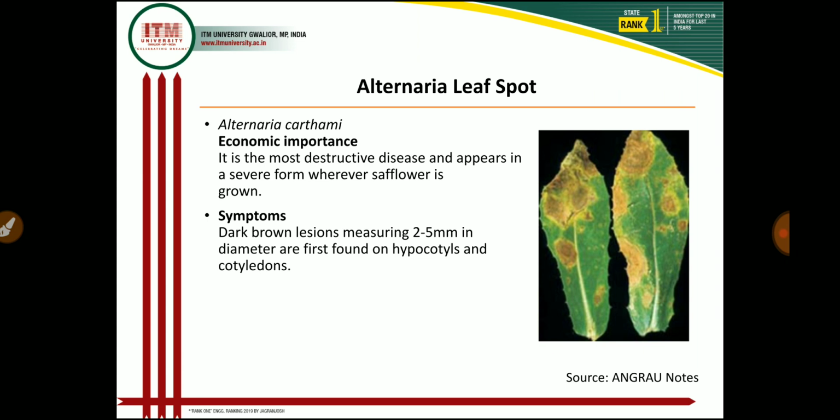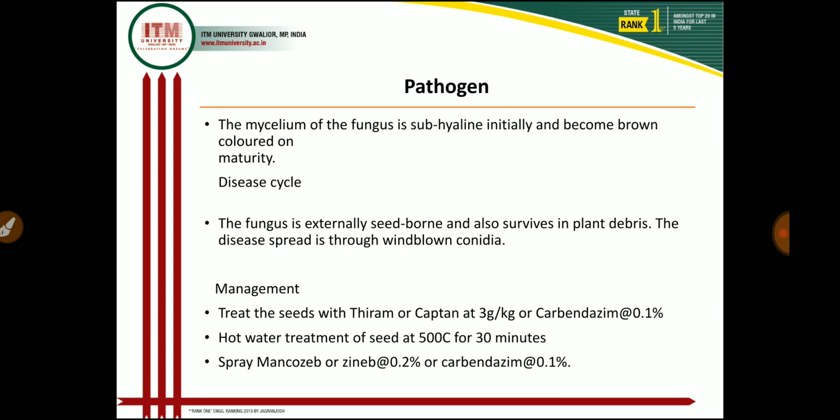So mainly symptoms develop on the leaves, and in this leaf blight caused by Alternaria, the most characteristic or peculiar symptom is that they form a concentric ring of 1 to 2 mm diameter, and the center of the spot is light brown with a dark brown margin. Elongated black lesions can be seen on the petioles and the stems. The fungal infection on flower buds leads to drying and seedling blight. Seed may also be affected by this leaf blight disease. Dark sunken lesions are produced on the testa of the seed. So these are the symptoms of the Alternaria leaf spot.